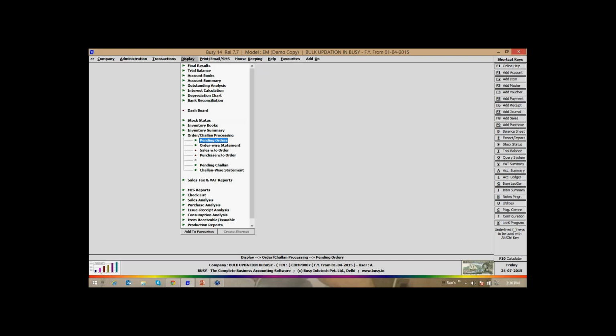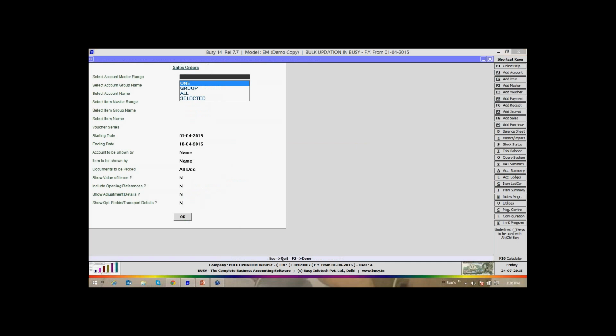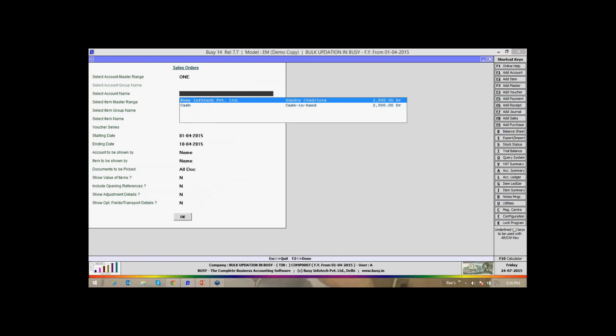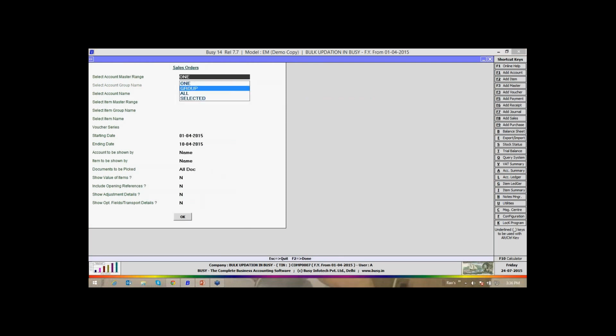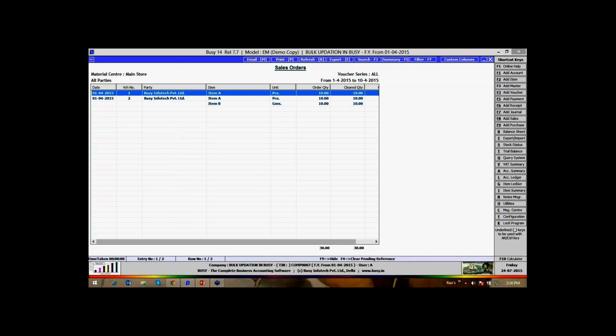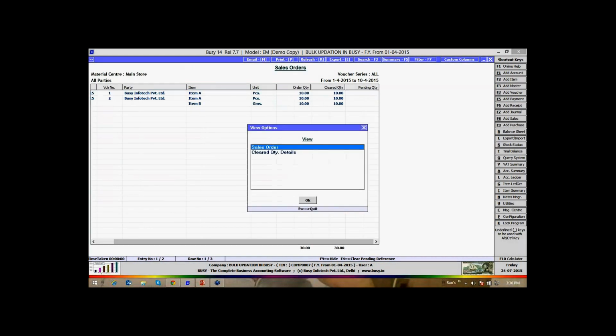So we'll see the report so that we can track down the sale invoice. Pending wise order, sales order, date wise. So here it is, clear quantity.